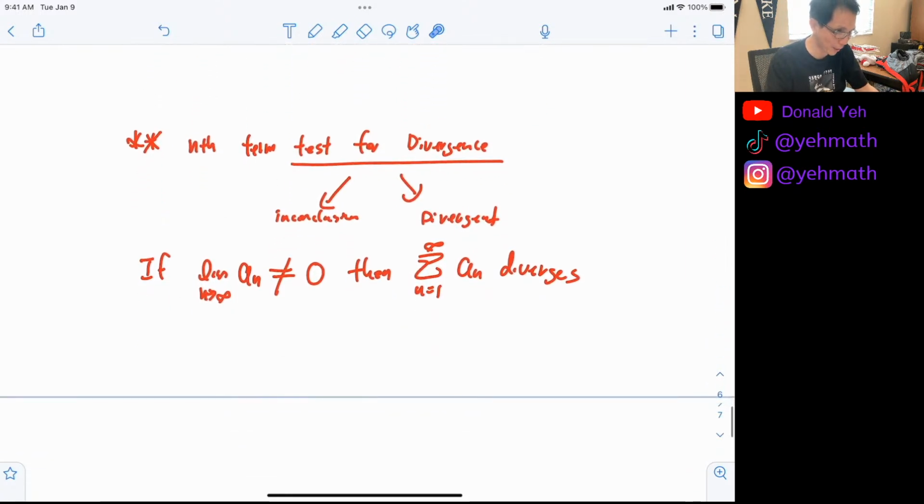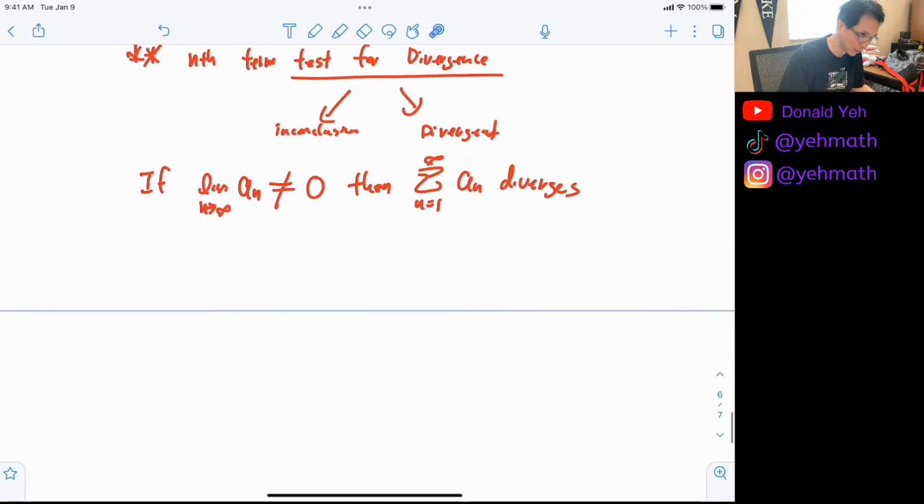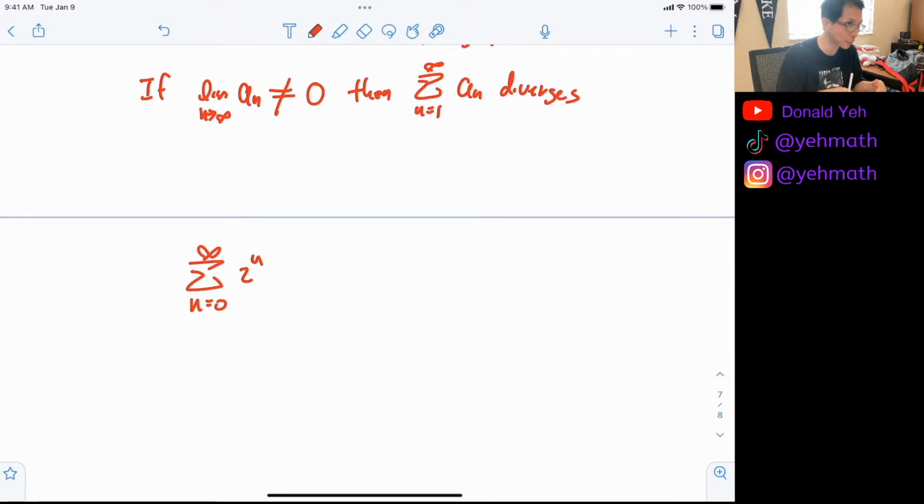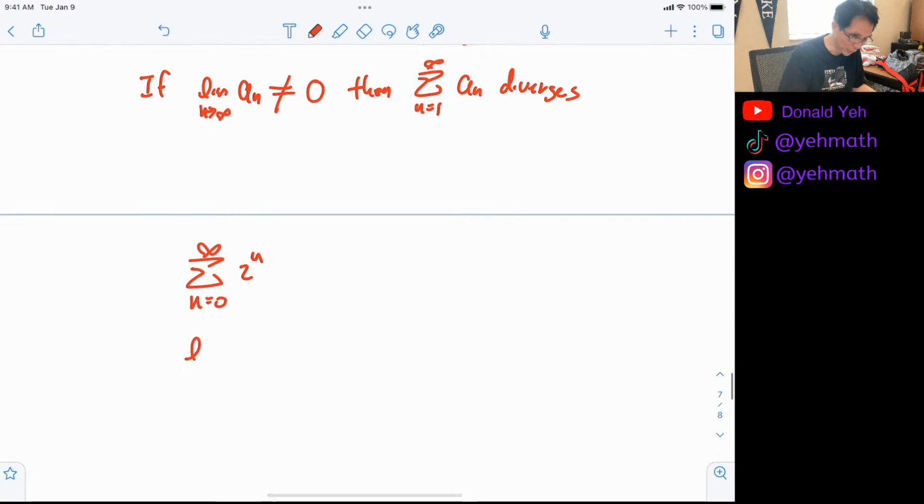Okay, so let's just try a problem, and I'm going to show you what happened. We're going to give you a couple of problems. Let's give you the summation from n equal to 0 to infinity of 2 to the n. What we're going to do is not look at this; we look at the sequence first. What happens as n approaches infinity of 2 to the n? It's equal to infinity. So is it 0 or not? No. So if it's not 0,